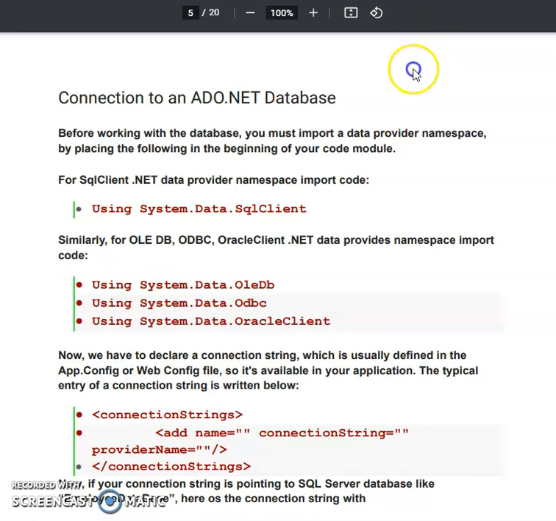So for connecting to an ADO.NET database, first of all we are discussing mainly the SQL connection. Import the namespace by using System.Data.SqlClient. Then you can use the classes included within this SqlClient namespace.